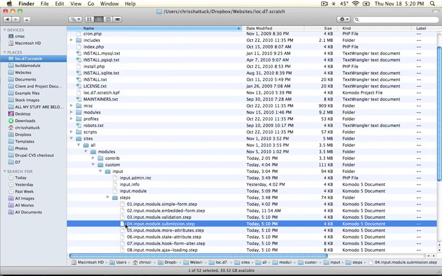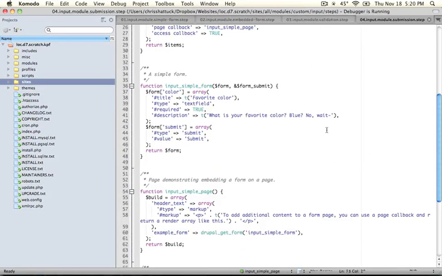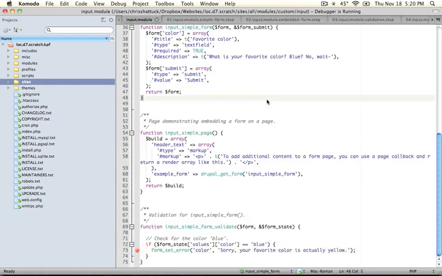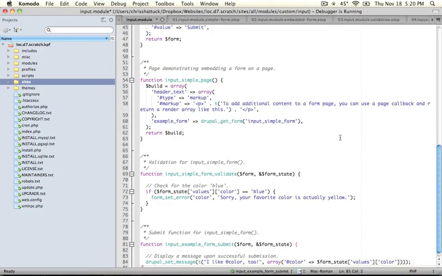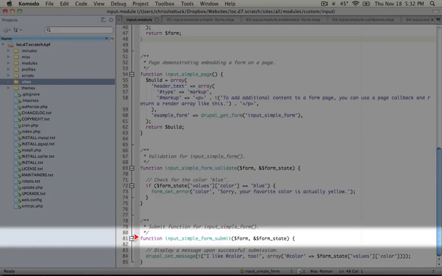And let's open up step 4, which is called submission. Go ahead and copy the entire code and paste it into your .module file, overriding everything else, and save it. This file is identical to our previous file except for one function that we've added down here called input simple